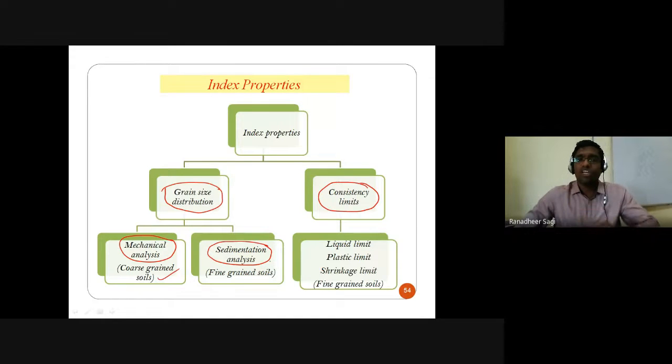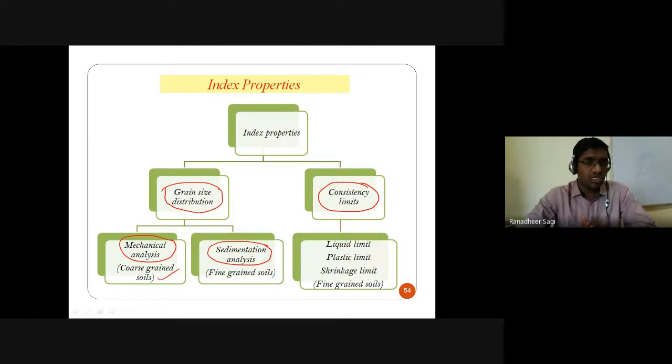Let's say, for example, we are looking at some soil. We try to identify the different sizes of particles existing in that soil mass and the proportions of each of those sizes of particles. Then we will be able to classify that soil as a gravelly soil or a sandy soil, or a sandy gravel, or clayey gravel, or silty gravel. So depending on the different sizes of particles existing in different proportions, we classify and categorize that particular soil.